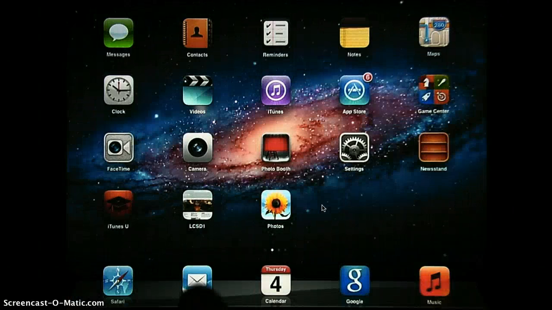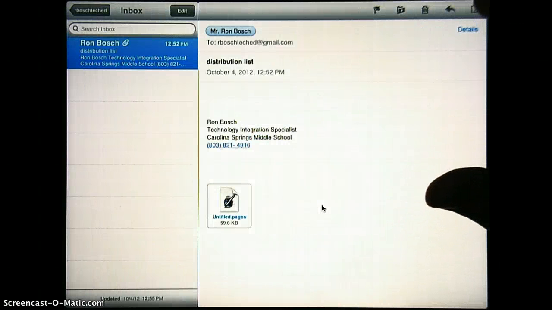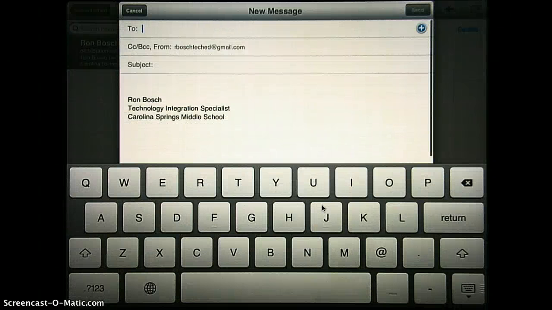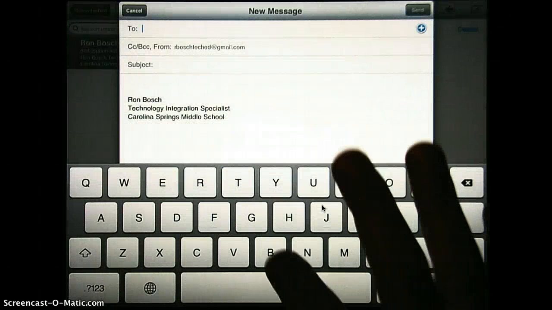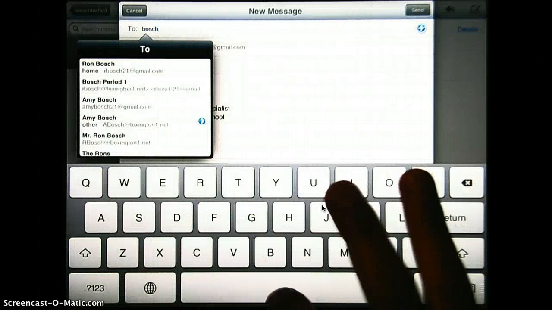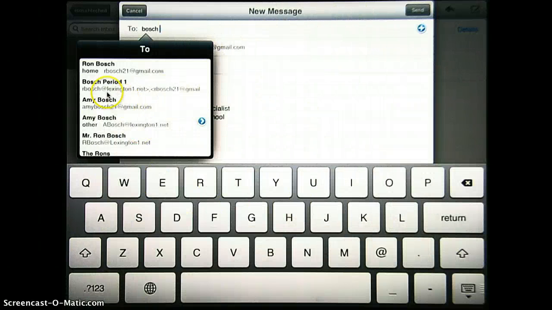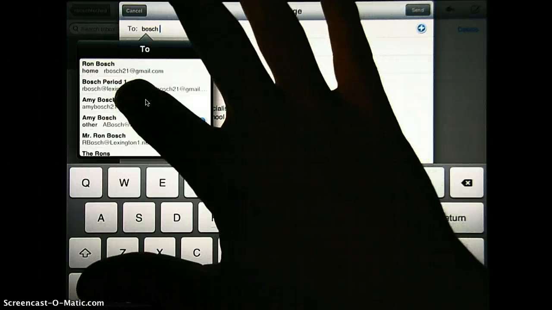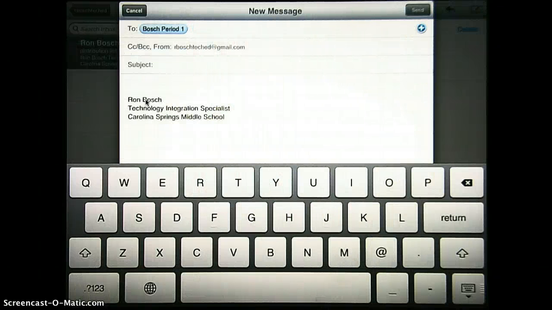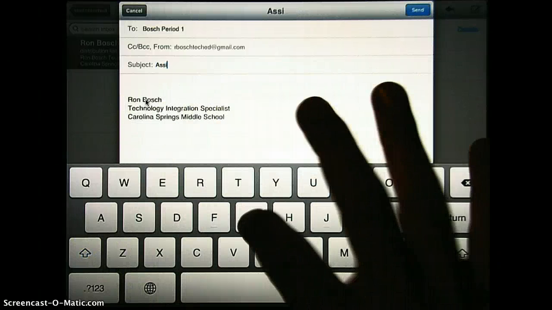So now when I'm ready to send an email to this group, let's say it's time to send out an assignment, I'm going to create a new email, and I can actually just start typing the first few letters for that group, and you can see that my contact is appearing right here, Bosch period 1, and it's now a distribution list. So I can go ahead and say assignment,